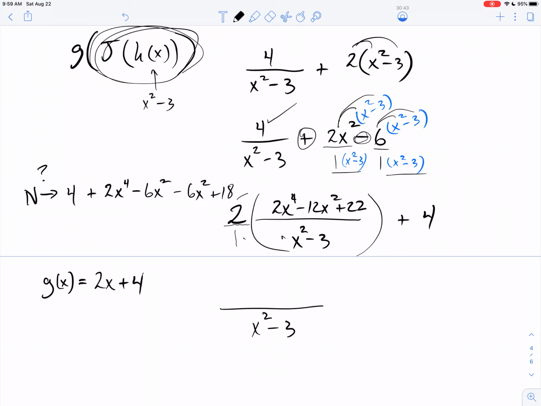In the top, I get 2 times all this stuff, and I get 4x^4 minus 24x squared plus 44, plus 4. And then once again we're stuck with this polite mathematics thing. That's got a 1 on the bottom. I need a common denominator, and that's why this one is super evil. When you do the practice problems, you'll have to get a common denominator on one, but it's nowhere near as nasty